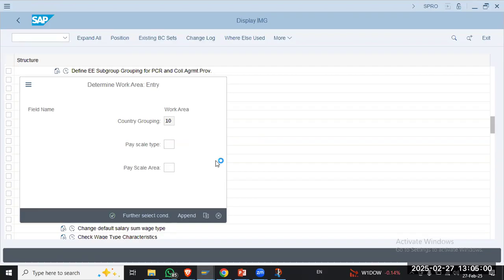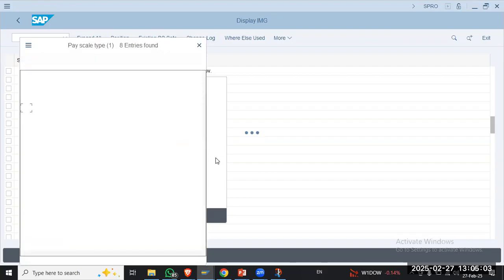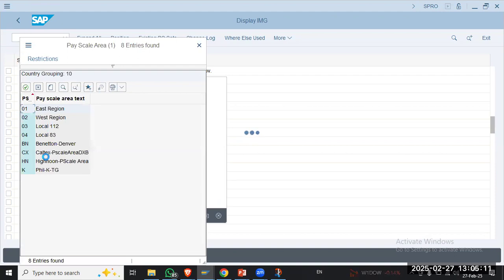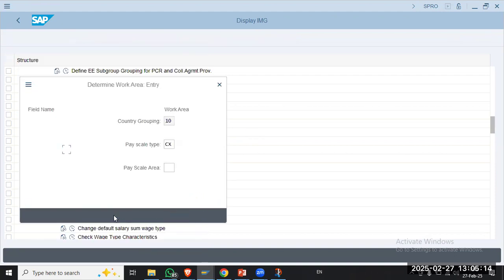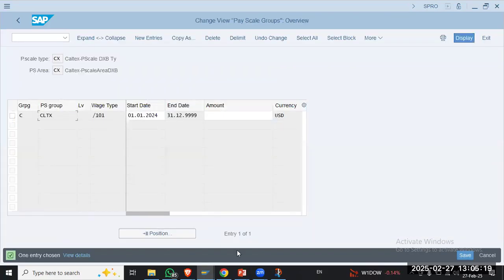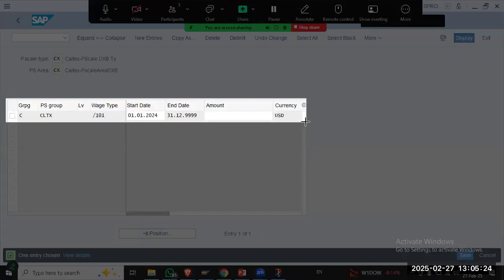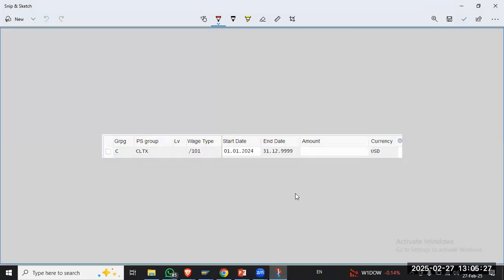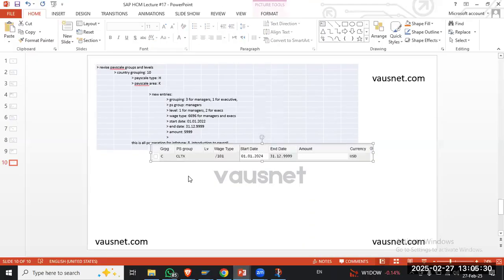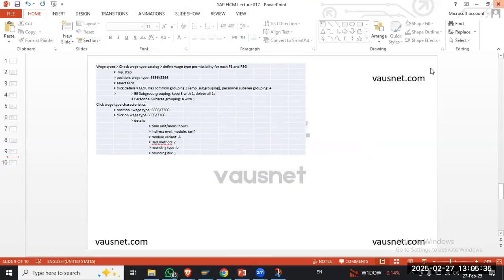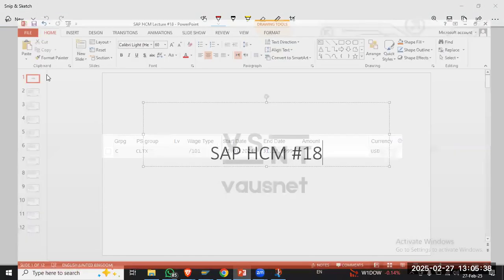Pay scale type. Pay scale area. This is also CX, I guess. Okay. Caltex. Save. Done with this. Next is